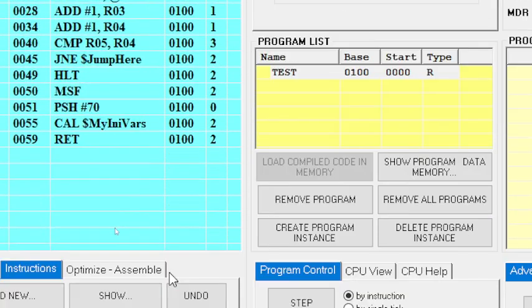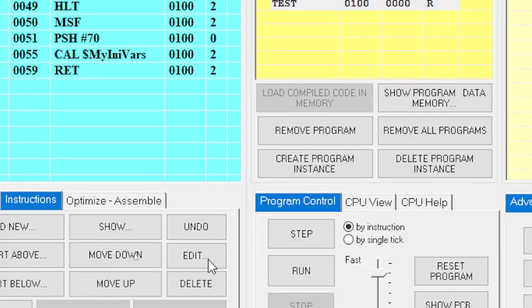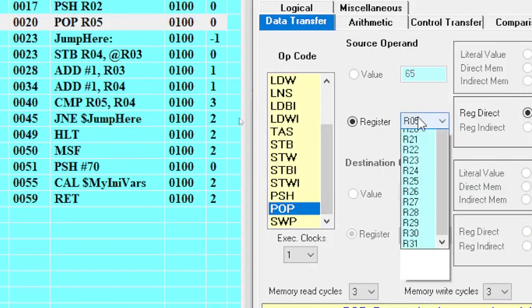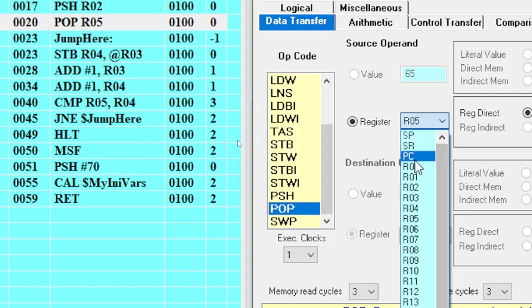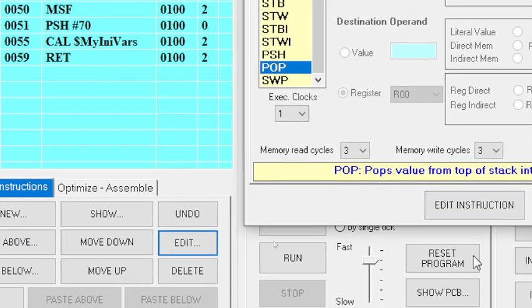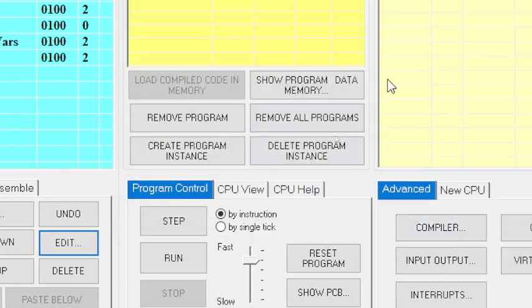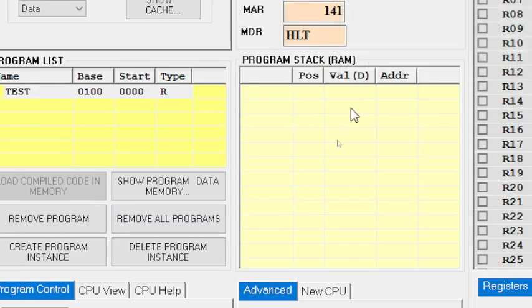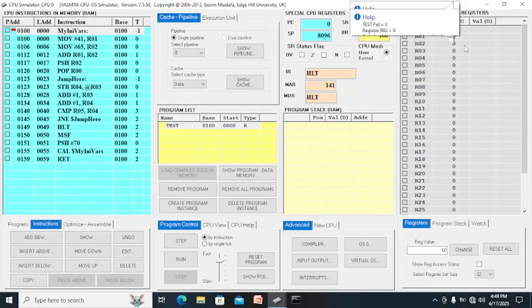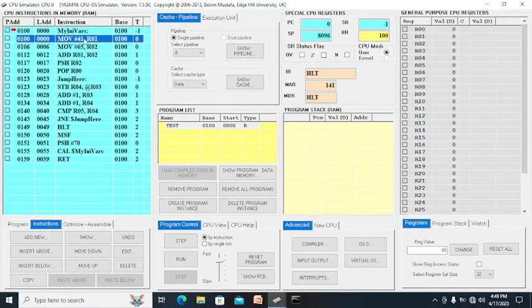So for every push, there is a corresponding pop. Remember that. So pop the value on top of the plate in the restaurant. Okay, so that's what will happen. Like what I told you, for every push, there's a corresponding pop. Okay, let's try this. As you can see, we actually do not need to run here. Just click here, step.